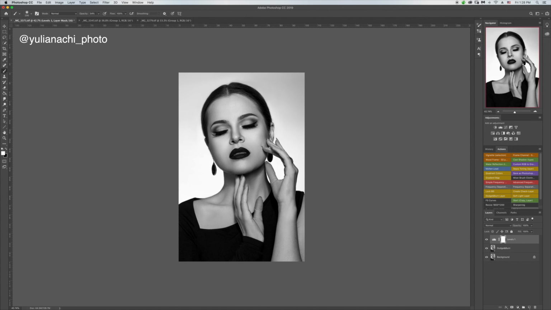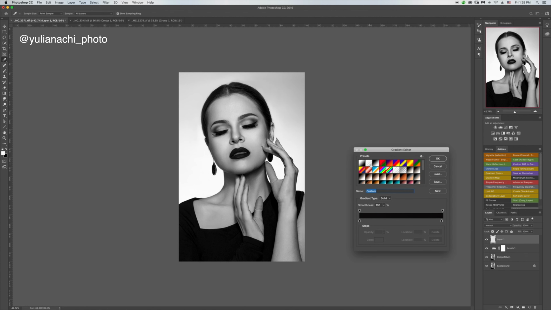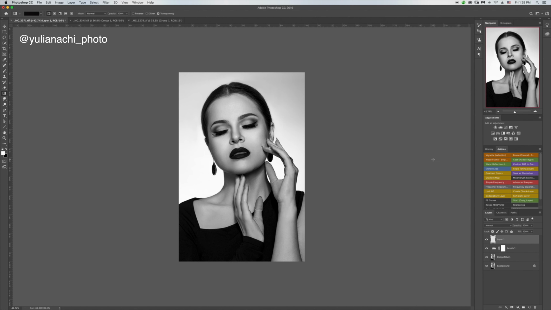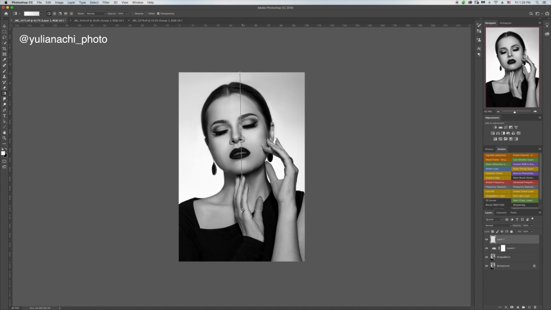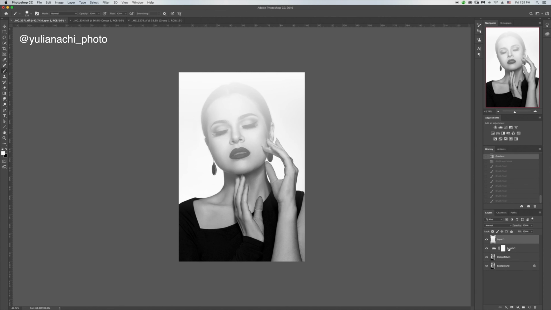Again, I'm going to create a new layer, and now we are going to the gradient tool, and I'm going to select the second one, which is white going to transparent, and hit OK. Okay, hit OK. And now just drag it, just as so. Okay, beautiful. And I'm going to select the quick selection tool,